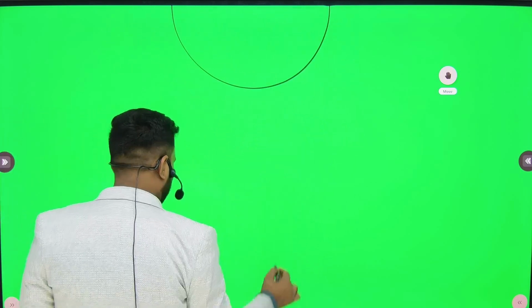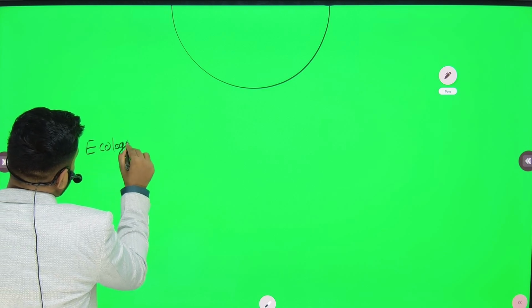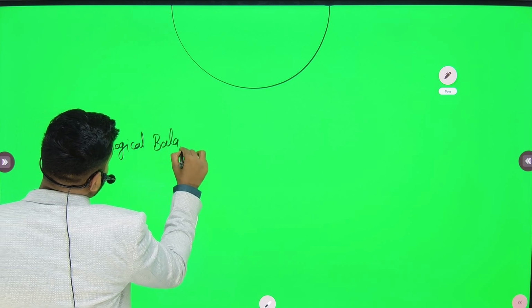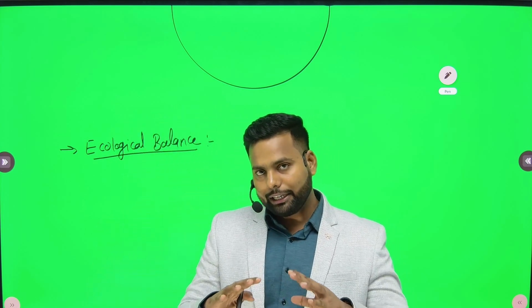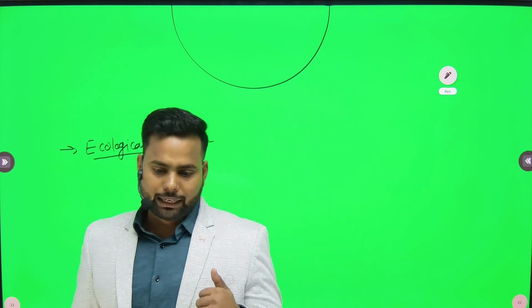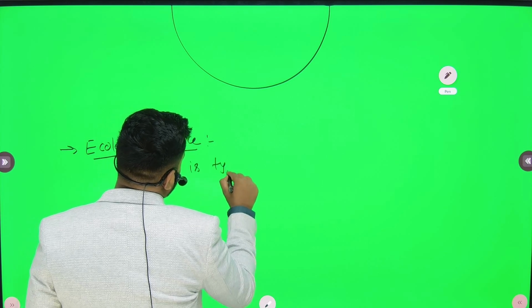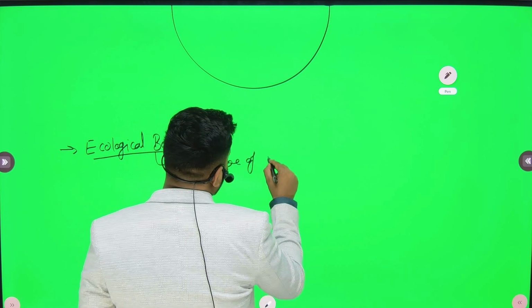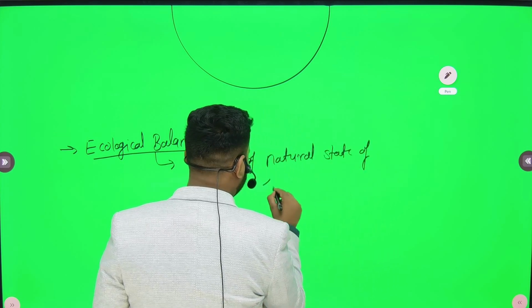So next you have to understand what is ecological balance. In this question, what is ecological balance? So ecological balance is a natural state of equilibrium, or a natural balance, which provides living organisms and their environment in a balanced state. तो क्या हो गया भाई? इकोलॉजिकल बैलेंस इज अ टाइप ऑफ नेचुरल स्टेट ऑफ इक्विलिब्रियम